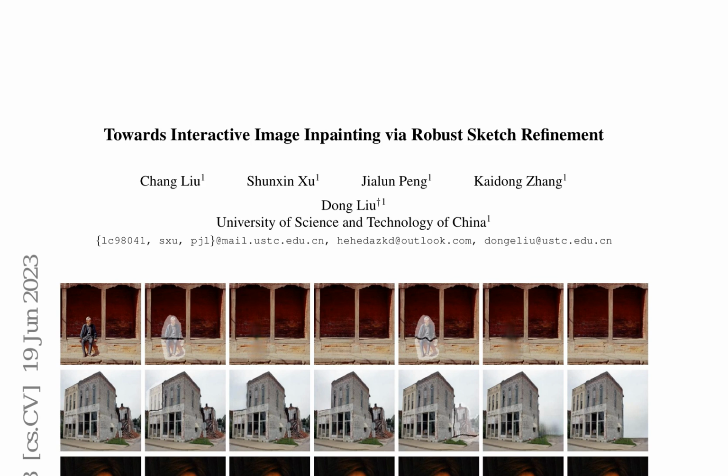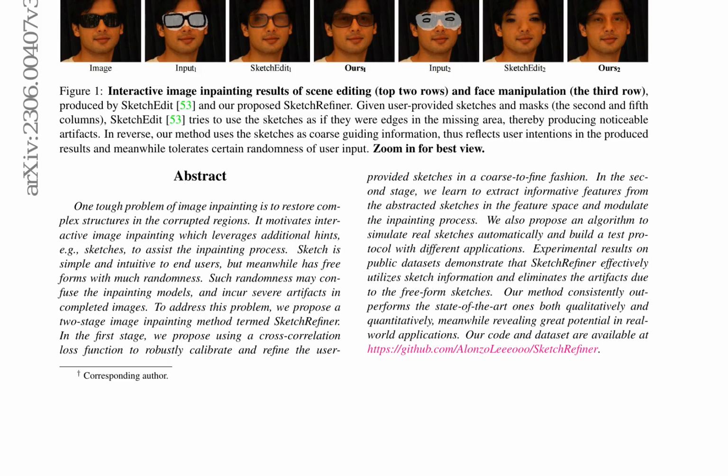The second stage involves learning to extract informative features from the abstracted sketches in the feature space and modulating the inpainting process. This enables the model to effectively incorporate user intentions and tolerate certain randomness in user input. The authors also propose an algorithm to simulate real sketches automatically, facilitating the creation of a test protocol with various